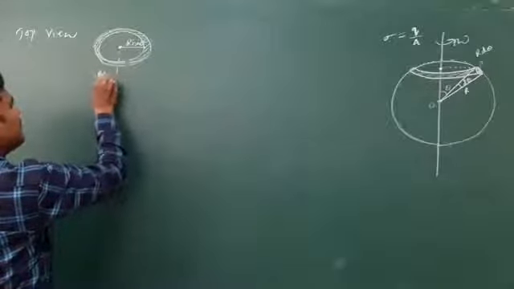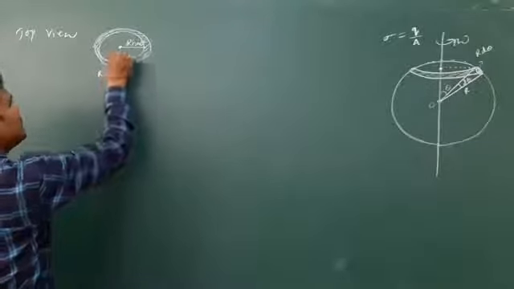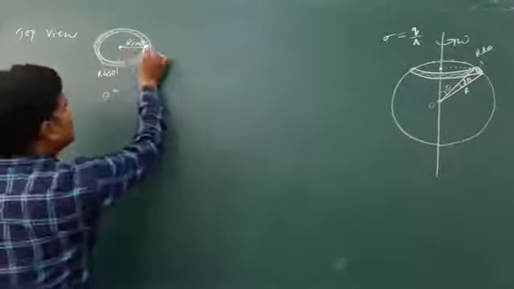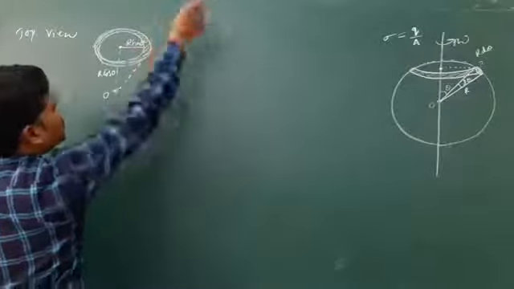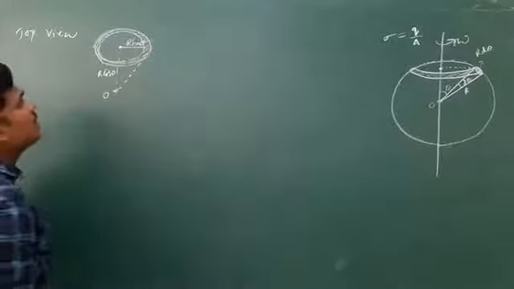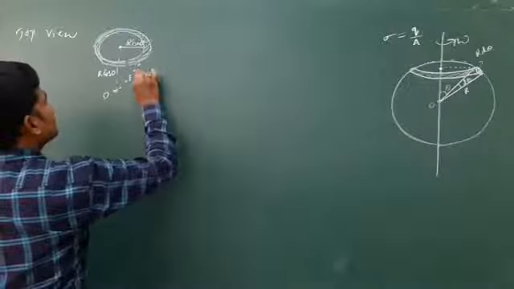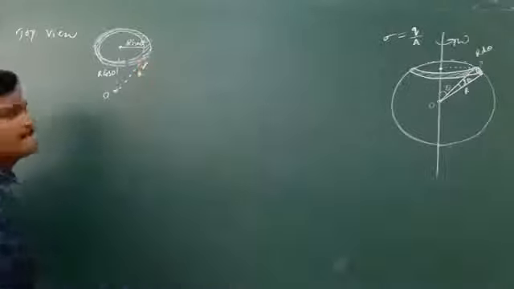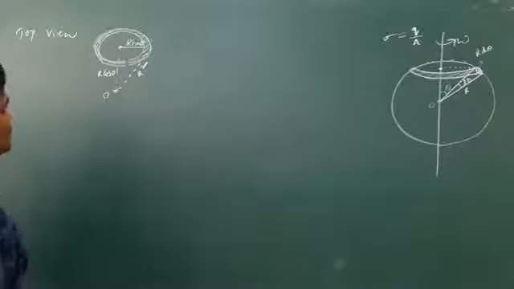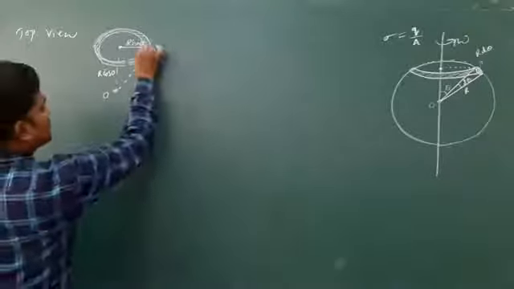And this is clear, r cos theta. From here to here is r cos theta. This is r sin theta. This is root of what? r square cos square theta plus r square sin square theta, nothing but r square. Okay, so use some Biot-Savart formula.